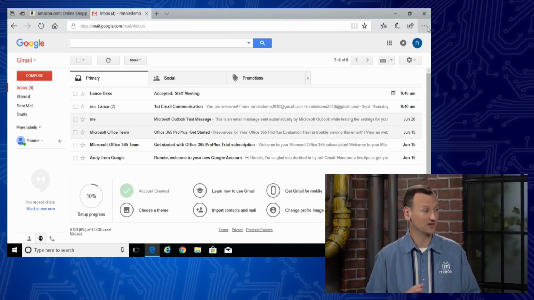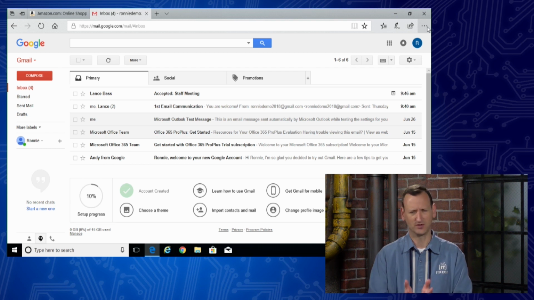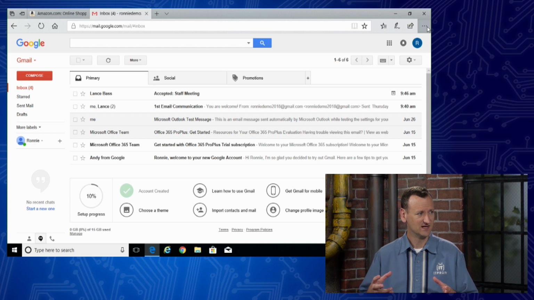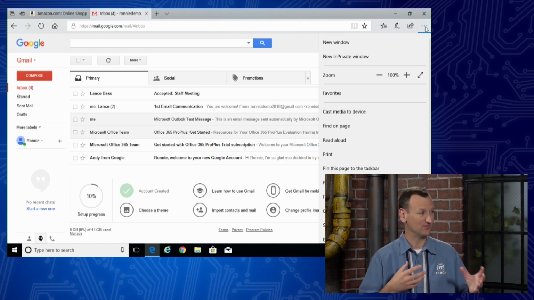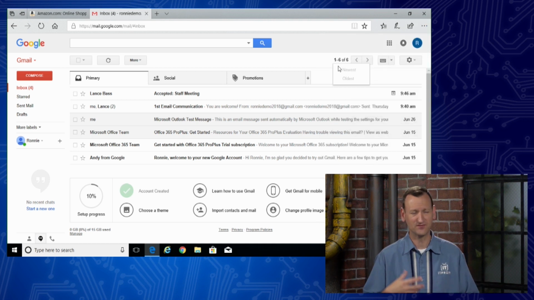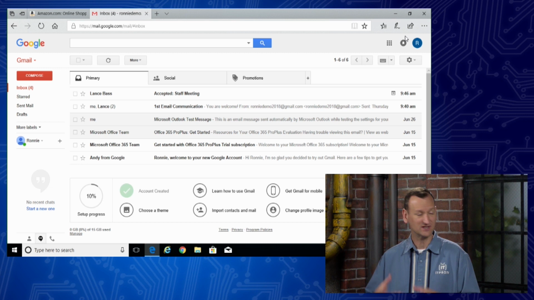Now, there is another option that's available in most browsers where maybe you know that you're only going to be using this computer for a moment and you don't want your data to be retained. There is a way, I say in most, I'm pretty sure every browser these days has it, where you can choose to browse without the caching functionality. And there's different names for it, like private browsing or incognito. Right. Ronnie, can you give us an example of that?